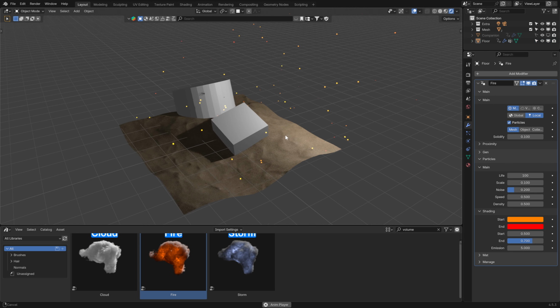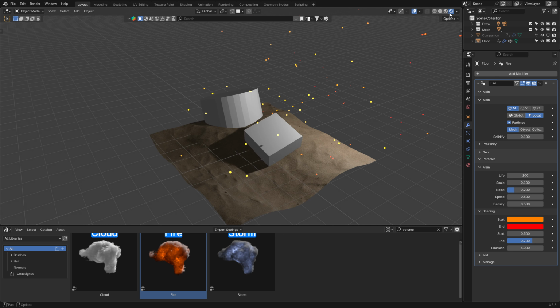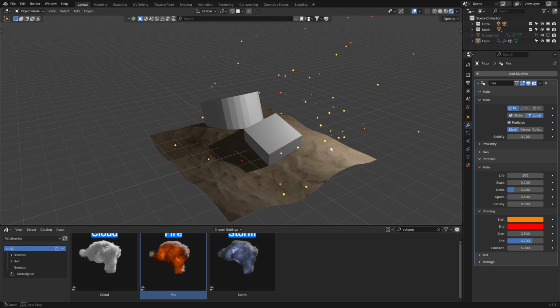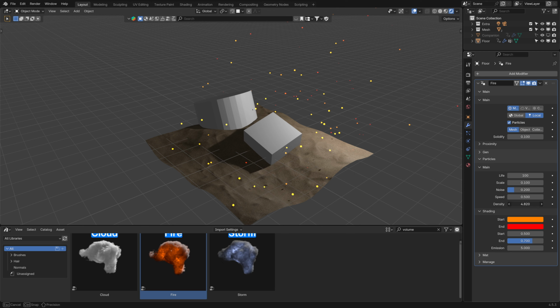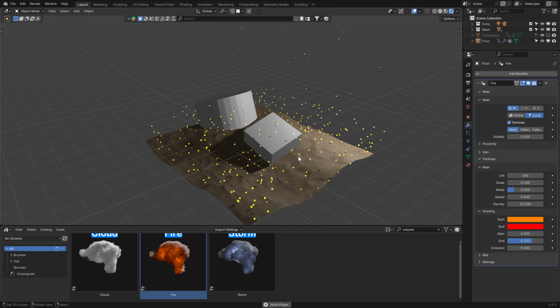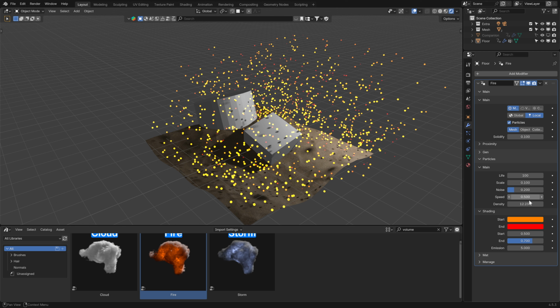You can see the particle, the density, the speed, and the color shading option.